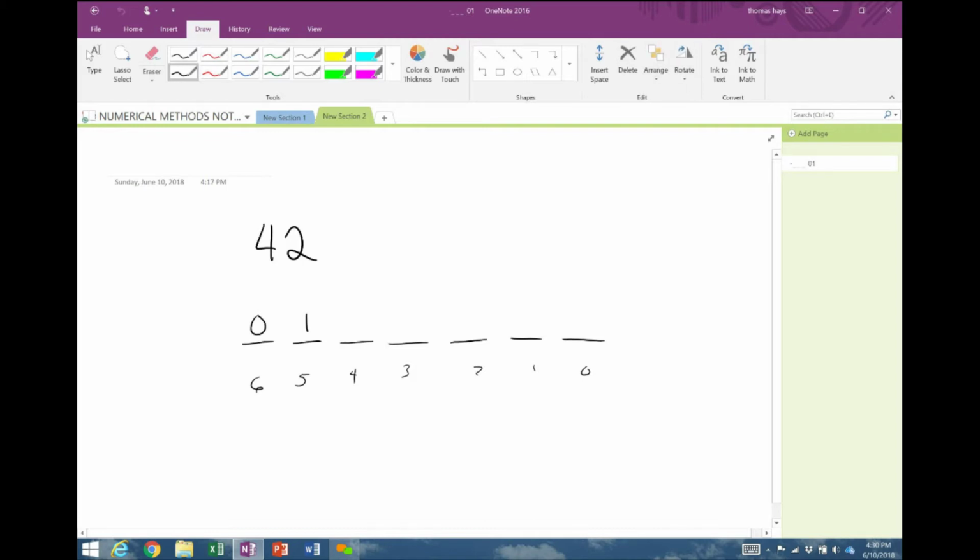That gives us a value of 32. We'll subtract that out of 42. This leaves, of course, a value of 10. The binary 2 to the nth power that is next, that is smaller than 10 but closest, is 2 to the 3rd, which is 8. So switch on the 3rd switch, subtract 8 out of what is left, and we have 2. At this point we have the exact match of 2 to the nth that matches the value of 2 we need. Of course, that is 2 to the 1st. So we'll switch that one on as well, subtract out 2, and we have the remainder of 0,